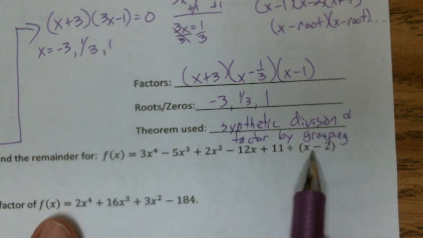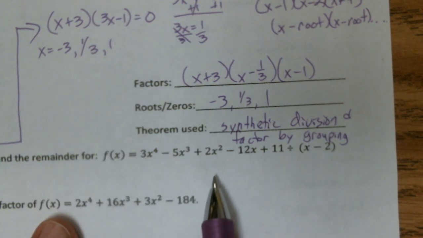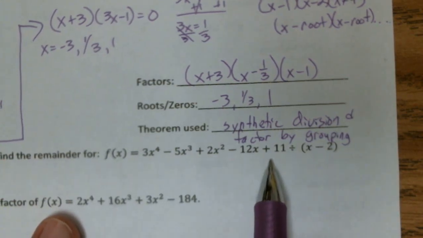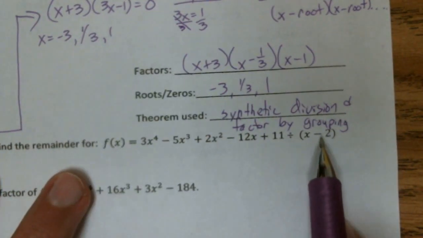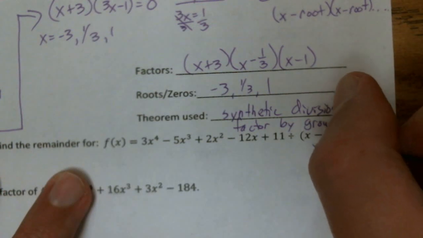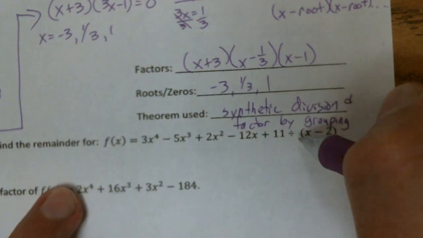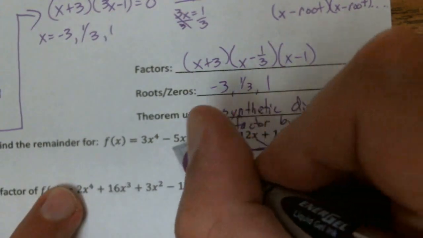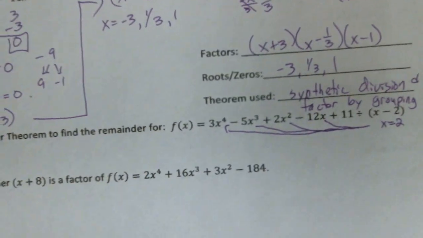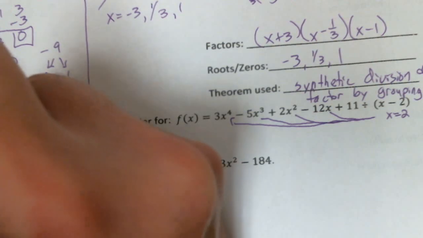You could either do synthetic division and verify what the remainder is, or technically to use the remainder theorem, I'm going to flip that sign and take x equals 2 and literally plug it in everywhere you see an x. I'm going to plug in a 2. So this is going to be 3 times